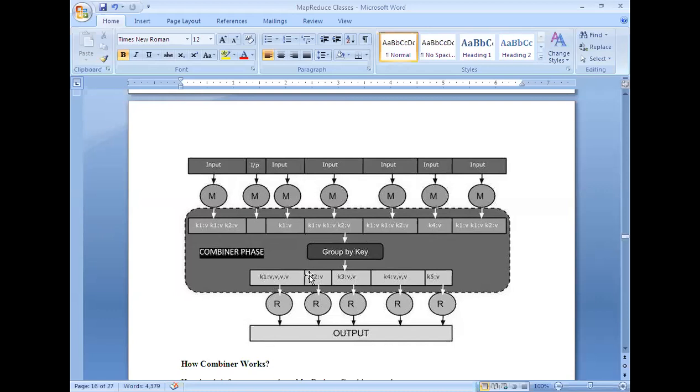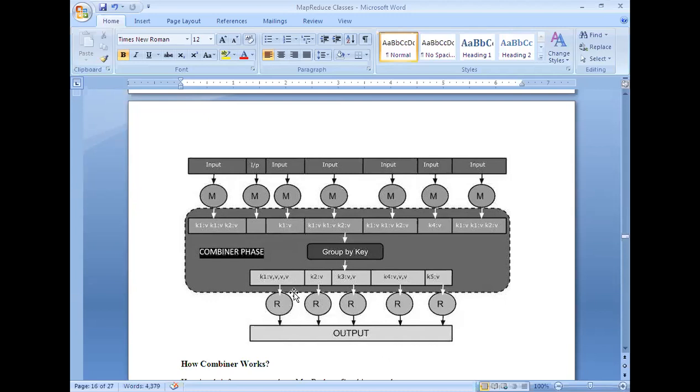This will be supplied as one unit, and this will be supplied like that. Instead of transmitting each and every time, it would need to transmit this data 3 times. You can calculate it this way: 1, 2, 3, 4, 5, 6, 7, 8, 9, 10, 11, 12, 13, 14. Total 14 transmissions are required between mapper logic and the reducer logic.